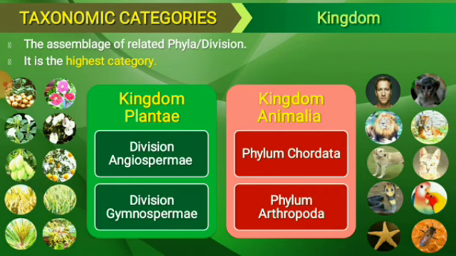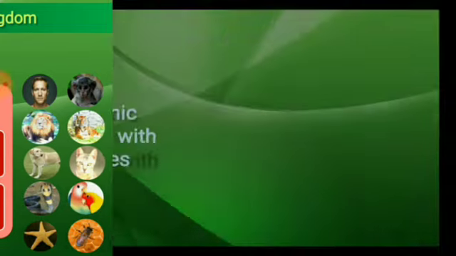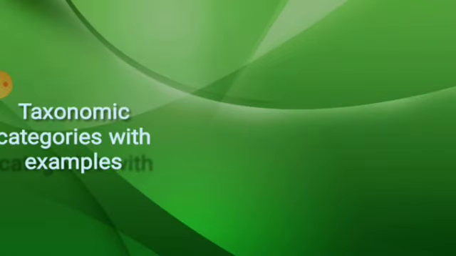So, moving from lower taxon to the higher taxon, we have seen how the organisms are placed in different kingdoms, only to make our study easier about them and to place them in their exact rank or position. A few examples of the categories are as